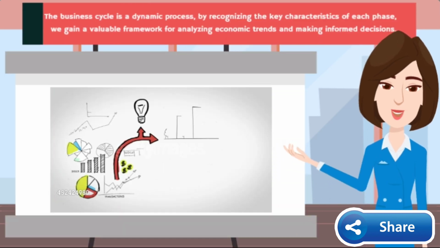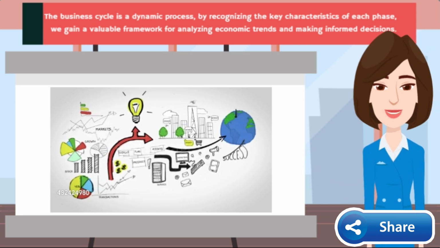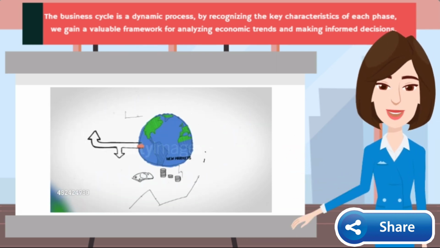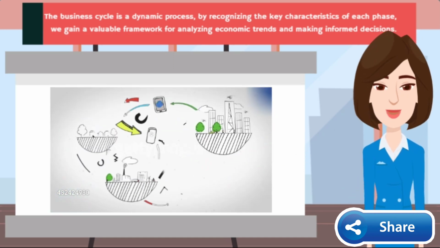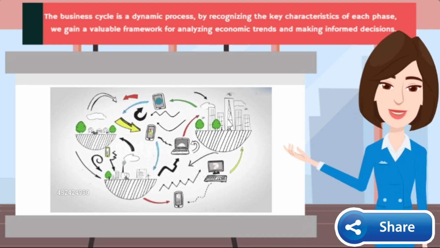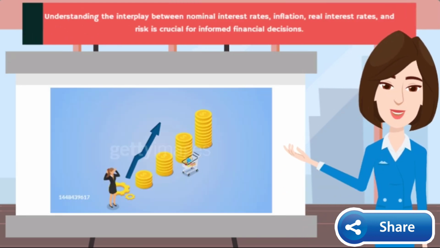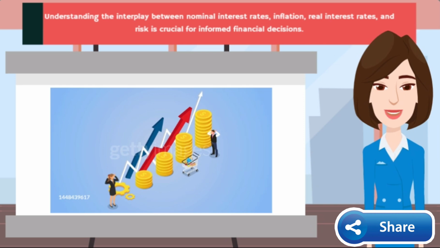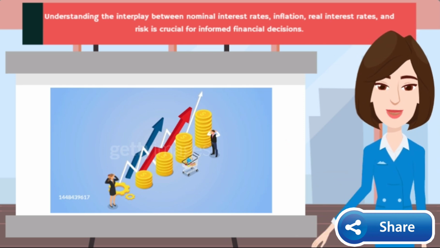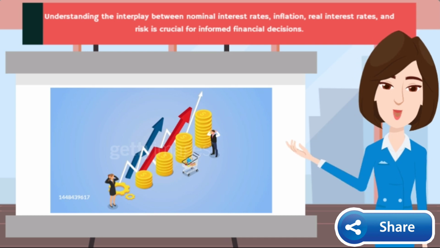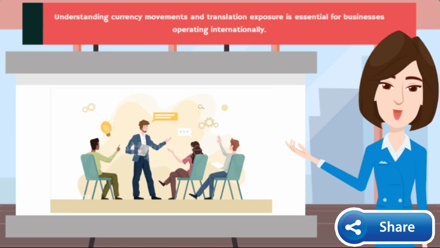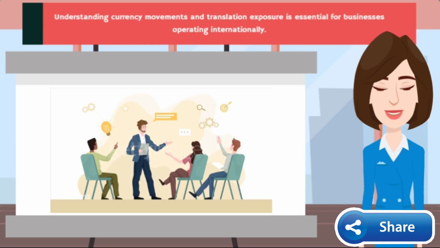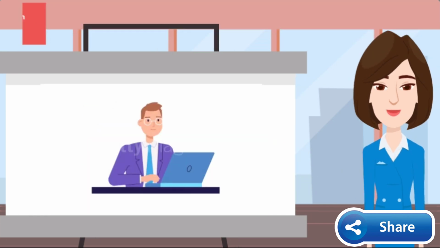Number 3. The business cycle is a dynamic process. By recognizing the key characteristics of each phase, we can gain a valuable framework for analyzing economic trends and making informed decisions. Number 4. Understanding the interplay between nominal interest rates, inflation, real interest rate, and risk is crucial for informed financial decisions. Number 5. Understanding currency movement and translation exposure is essential for businesses operating internationally. Lastly,